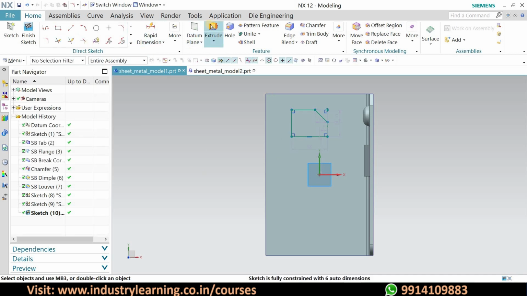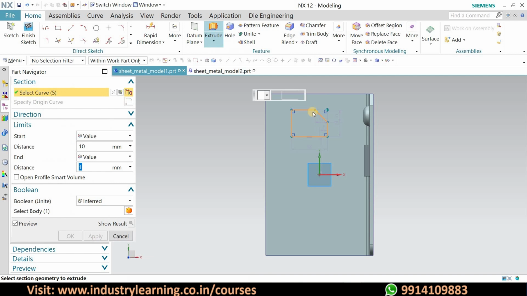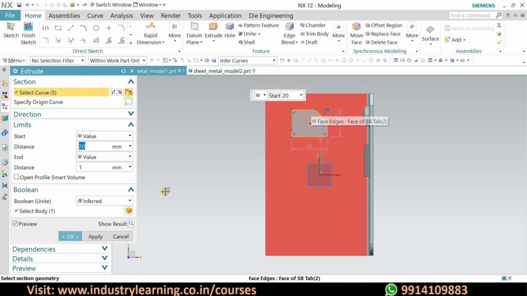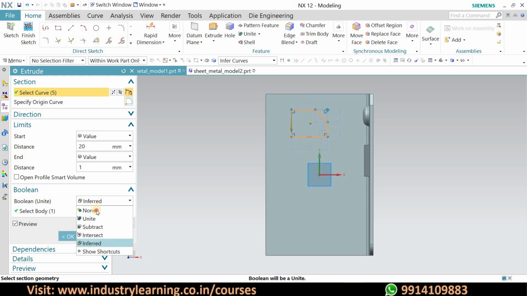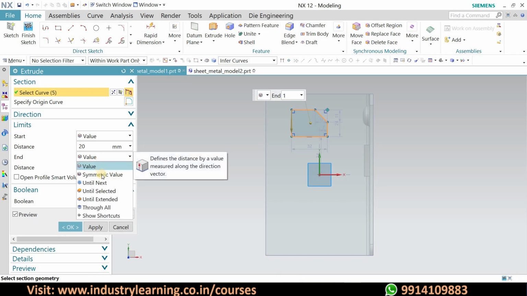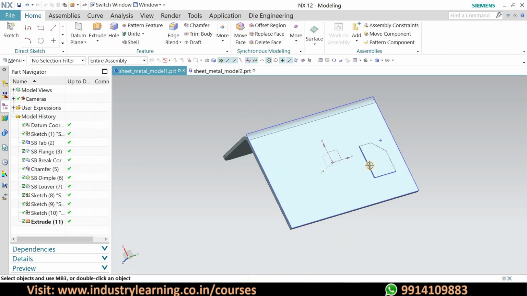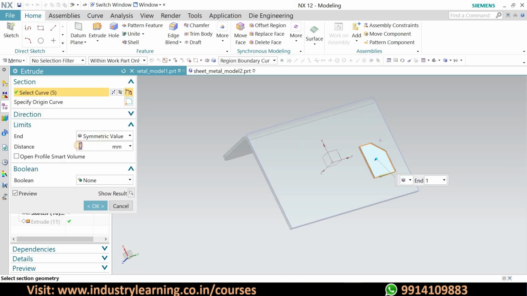Now let's extrude this up to 20. The curve is already selected, and this should be kept none. The value should be symmetric so that we can make it on both sides. Distance we should keep 20.